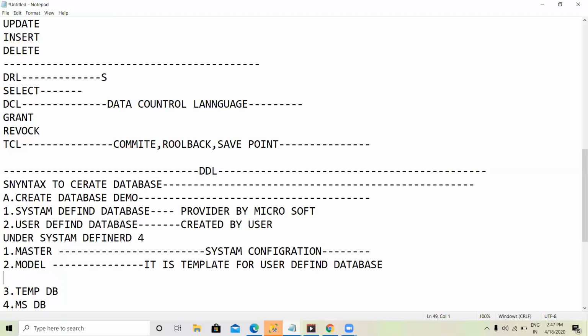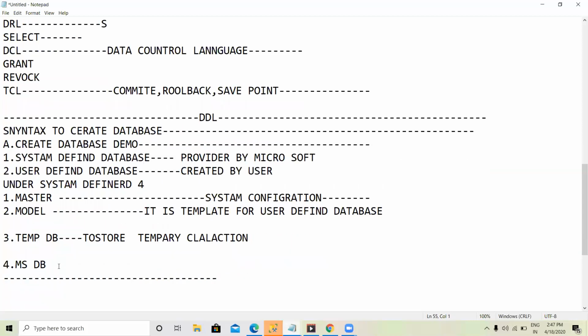Tempdb will store the temporary calculations. Okay, then that one is completed.